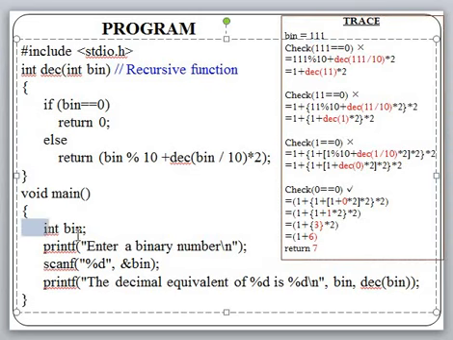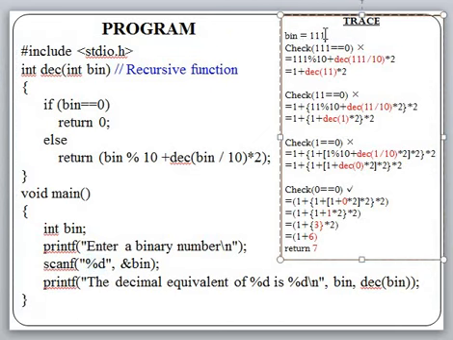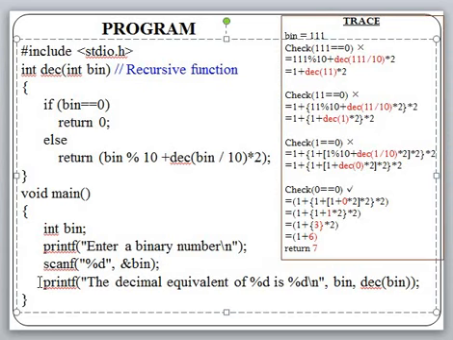So now it will execute this statement, then this statement. Because of this statement, it will display on the screen "Enter a binary number", and the cursor will move to a new line because of the backslash n, and then it will read the value of bin. In our example we are going to consider it as 111. So you will press 111 from the keyboard. Soon after pressing 111, it will print on the screen "decimal equivalent of %d".